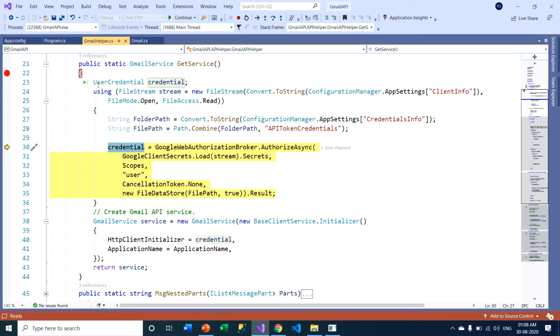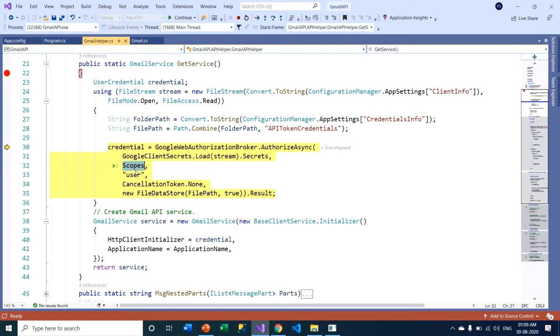This credential object is of the type UserCredential. Basically, under this constructor, we are passing some information. We are passing this file stream, that is, the JSON file that I downloaded from console.developers.google.com, which is now converted to a stream.